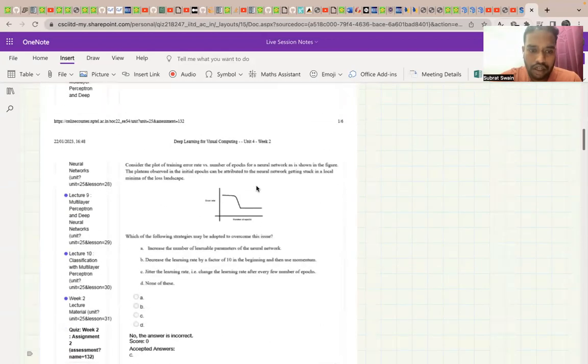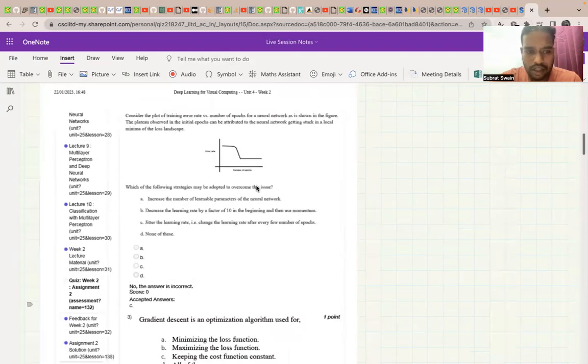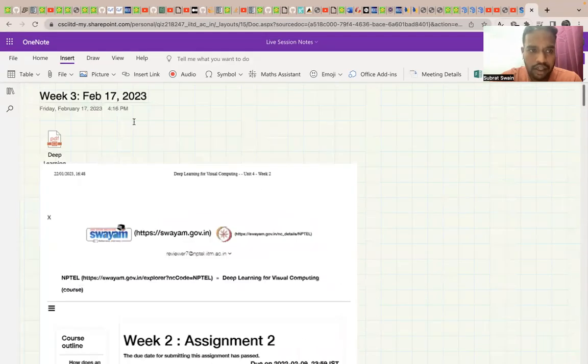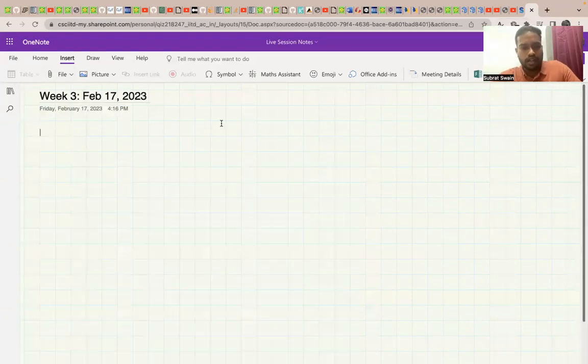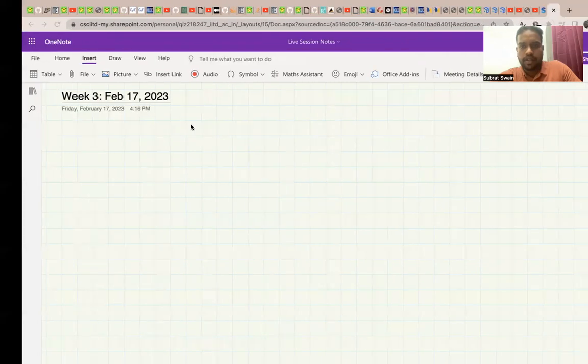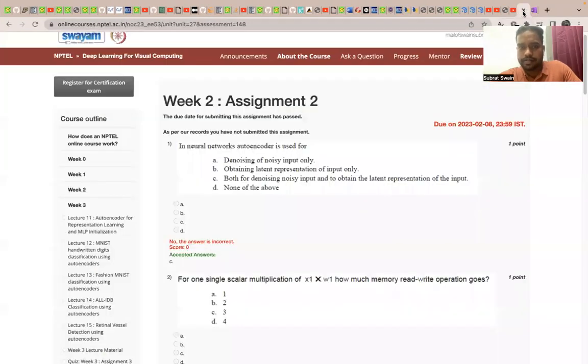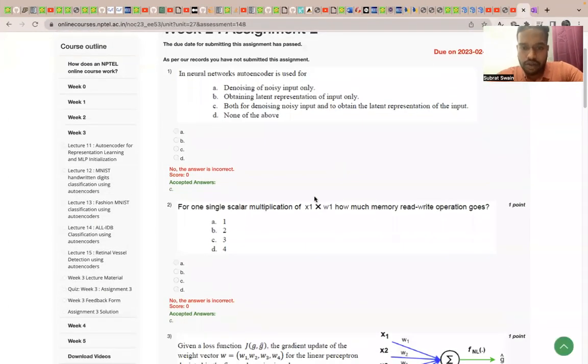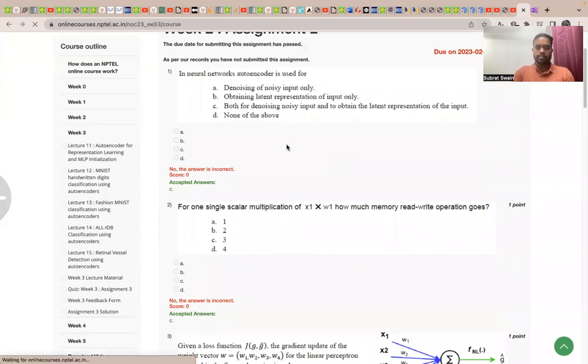Yeah, I guess this is different, but let me just explain it here itself. There are two scalar entities x1 and w1, and it is asking how many memory read write operations we need for this scalar multiplication. The answer is